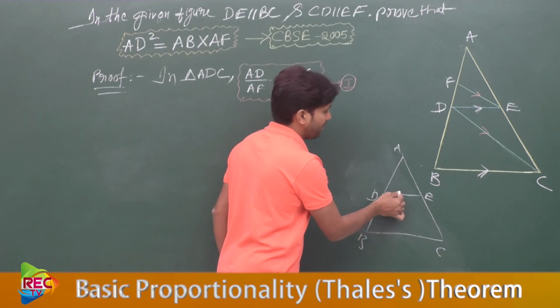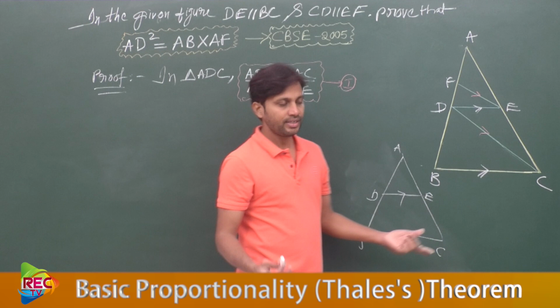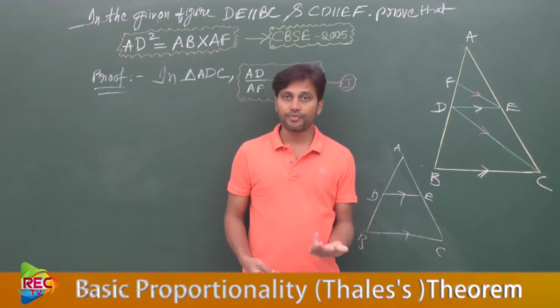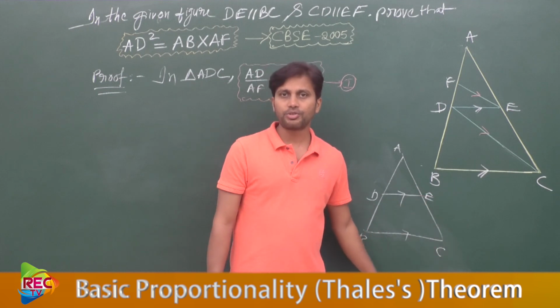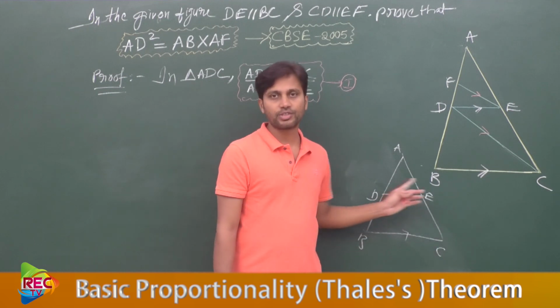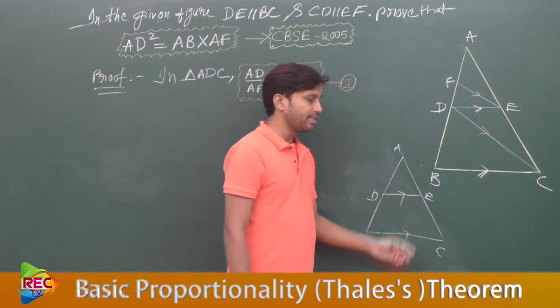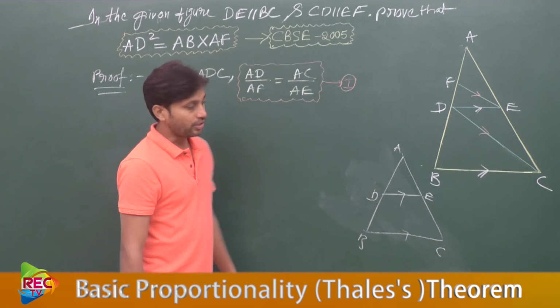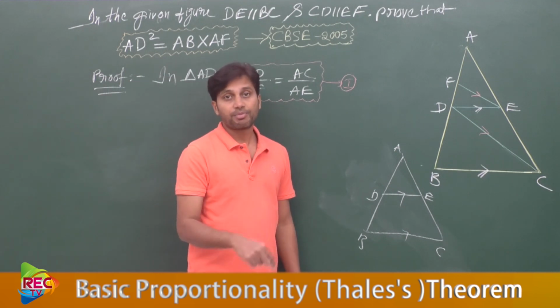And as we have given, these two are also parallel. So this is parallel to this, right? So can we apply all the rules of the basic proportionality theorem or not? Exactly, because one line is drawn parallel to one of the sides and is intersecting the remaining two sides, so we can easily apply the rule. So here also we try to apply the corollary of the basic proportionality theorem.